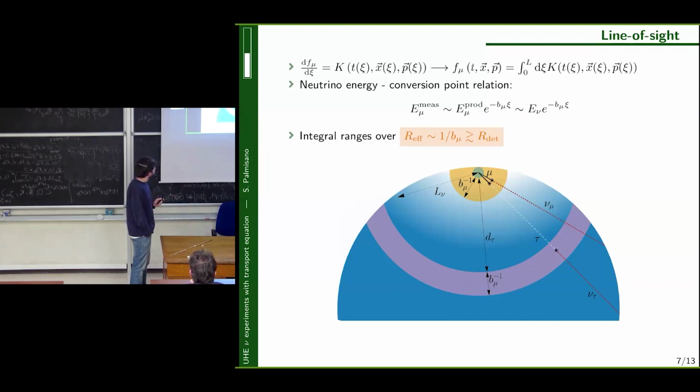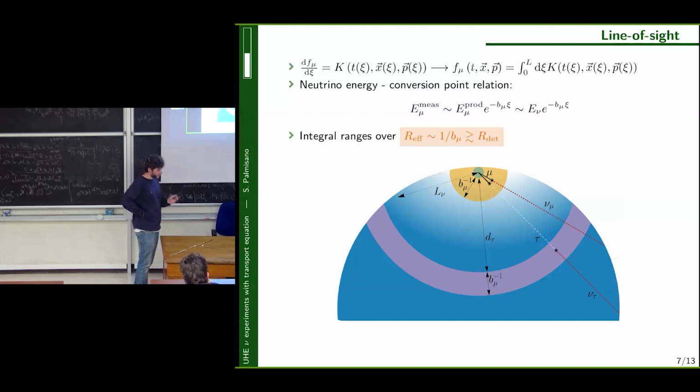And so the solution somewhat encodes this relation between the neutrino energy and the conversion point. So psi labels the point where the neutrino converts to a muon, which then loses energy and arrives at a certain energy at the detector where it is detected. So fixing the measured muon energy, one gets a relation between the neutrino energy and the conversion point, along which one has to sum.